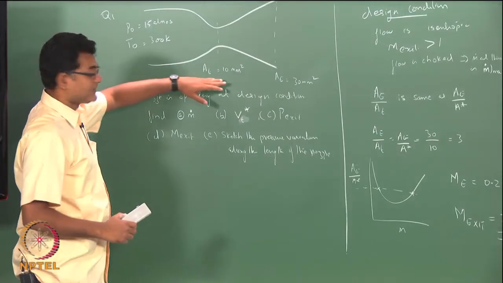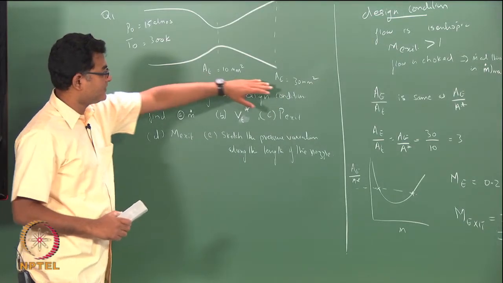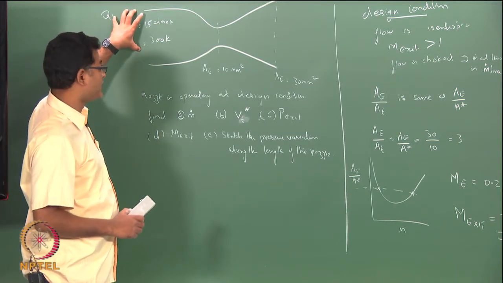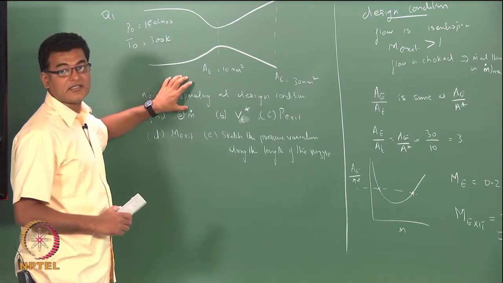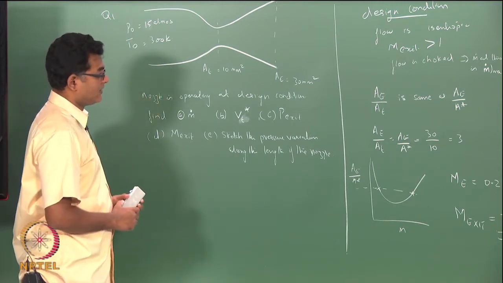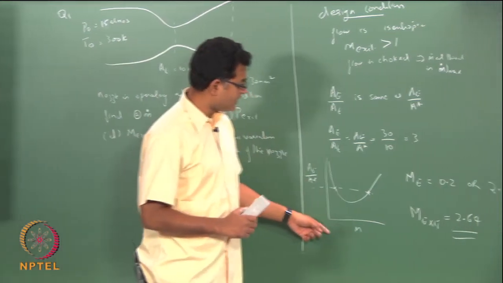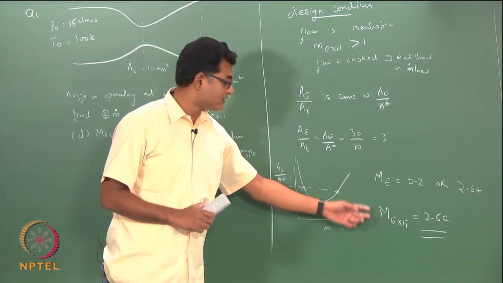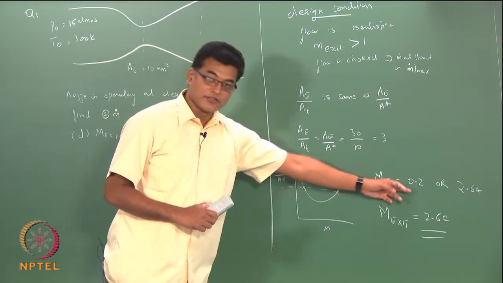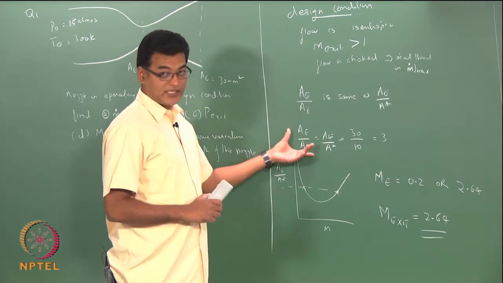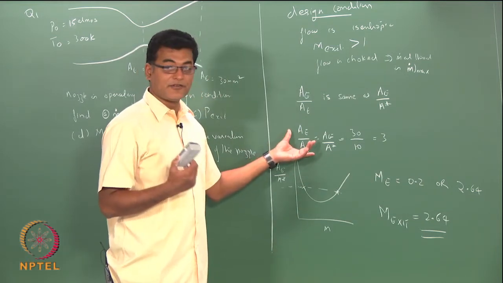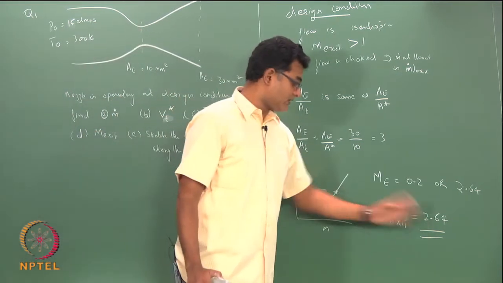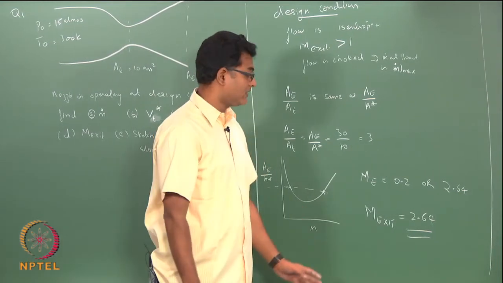Fine. So, the same nozzle, throat area is same, exit area is same, except that the stagnation pressure is now increased to 15 atmospheres and it is working in the design condition. So, it means that there is no change here. The area ratio is same, the exit Mach number is same, we have not taken the subsonic solution, everything is decided by the area ratio as we have already discussed before. Everything here is decided by this particular area ratio and the design Mach number is fixed.